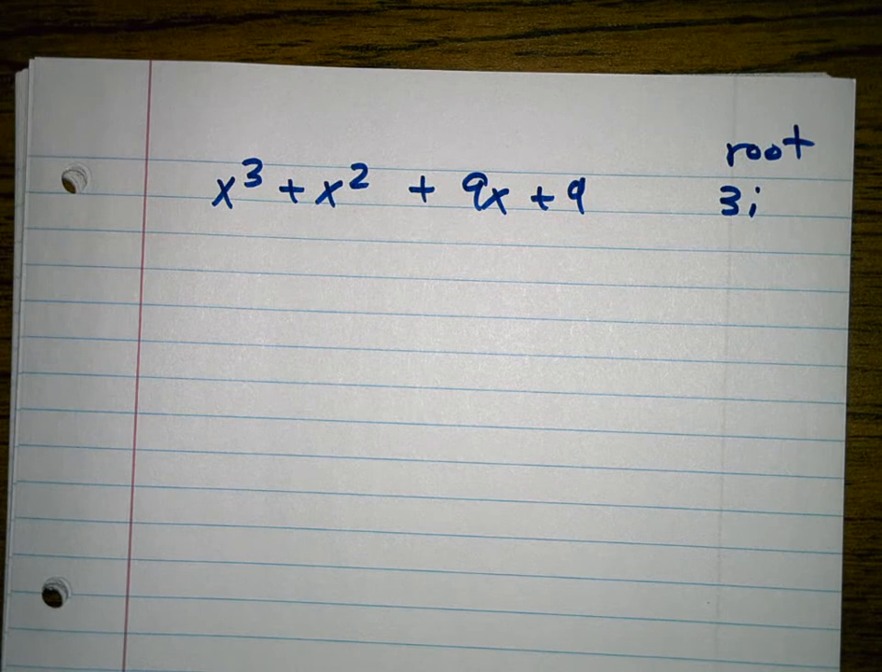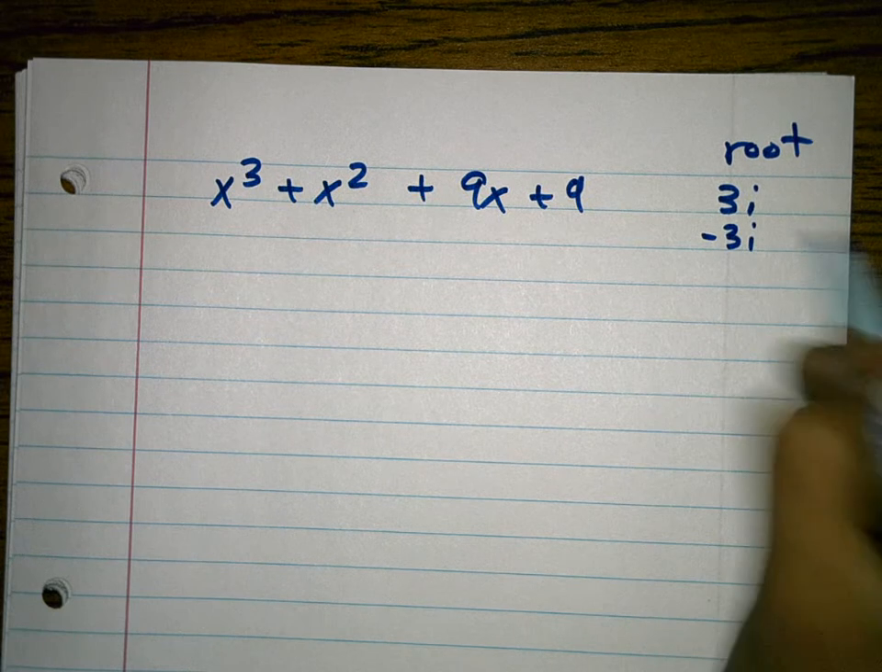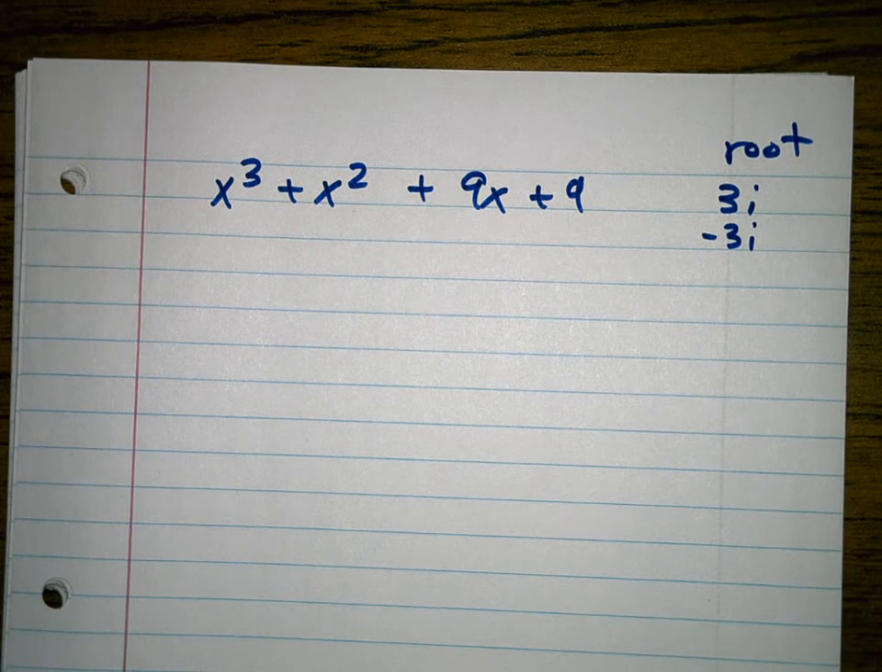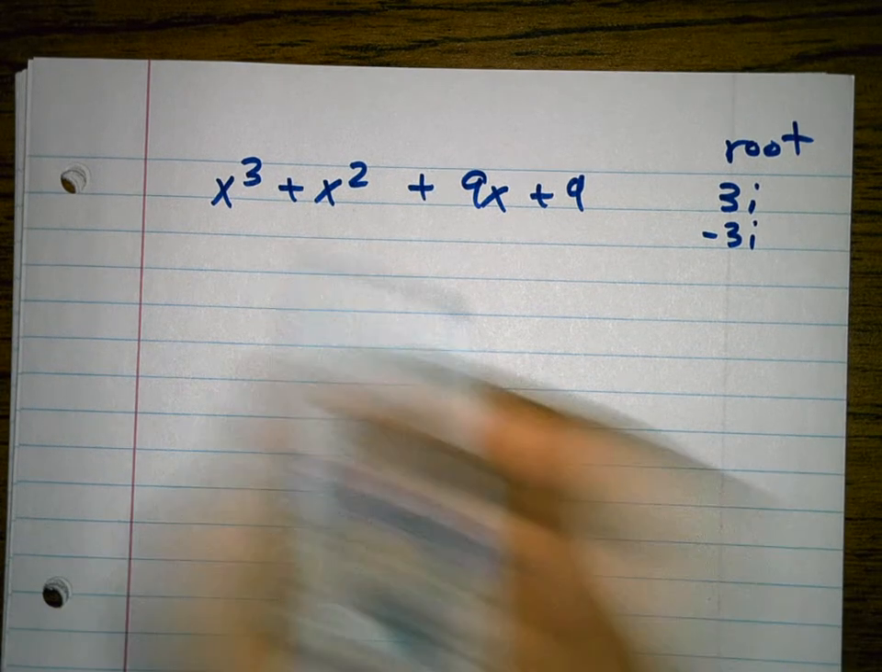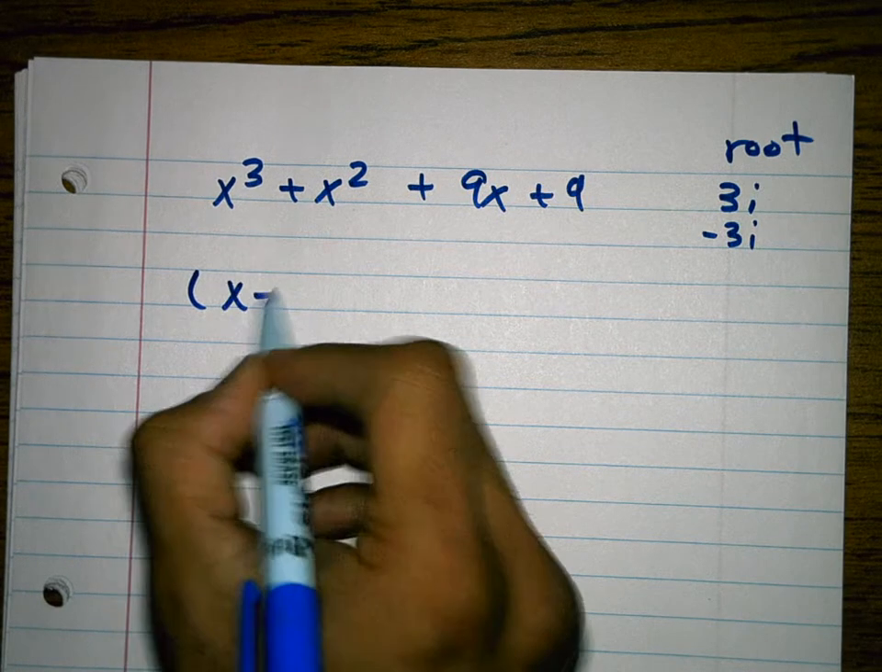Now remember, imaginary roots always come in pairs, conjugate pairs. So if 3i is a root, so is negative 3i. So I got 2 right there. So I'm going to just figure out what those two are. So those two right there,